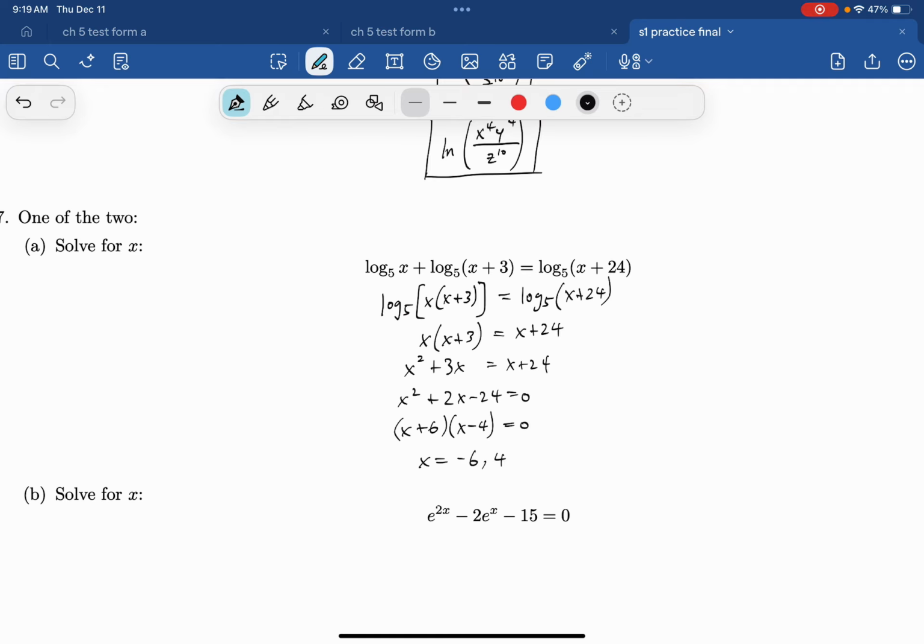Okay, so we might be tempted to box the answer now, but whenever we have logarithmic equations,